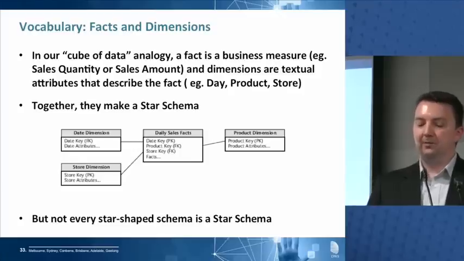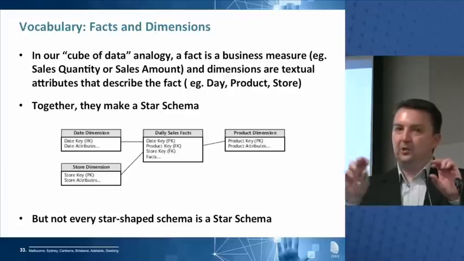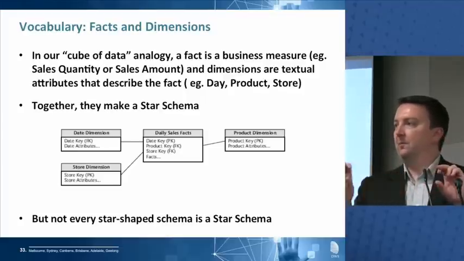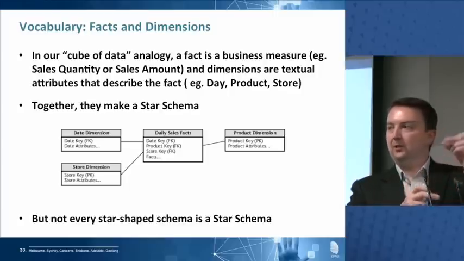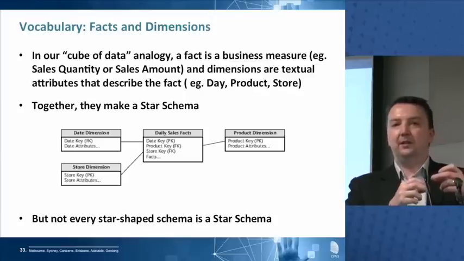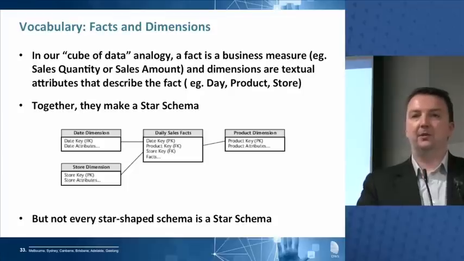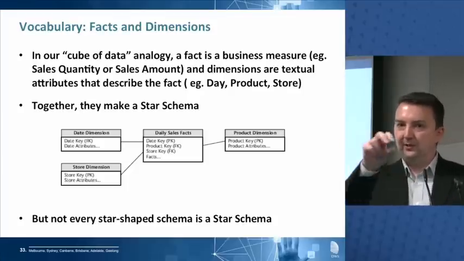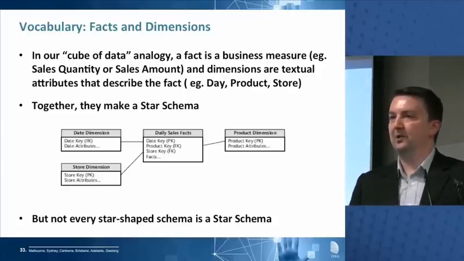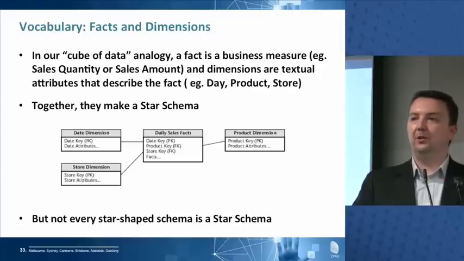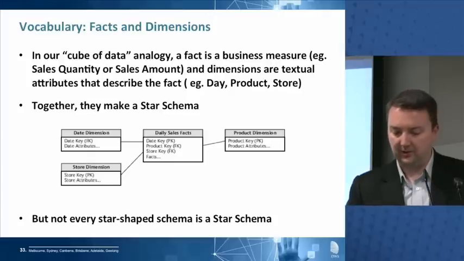Fact table, dimension table. So before, when we had our cube and we had our list of locations along one axis of that cube, those are the rows in one of those tables, in the location table. We had another axis of time. The entries on our time axis of the cube are the rows in the time dimension. The individual cells in the cube are rows in the fact table. It's as simple as that. So if you can understand the cube analogy, it's a very simple step to rows in a fact table and rows in a dimension table.